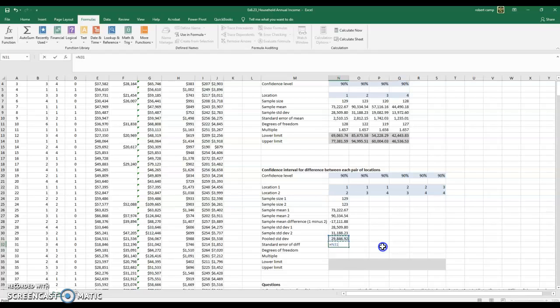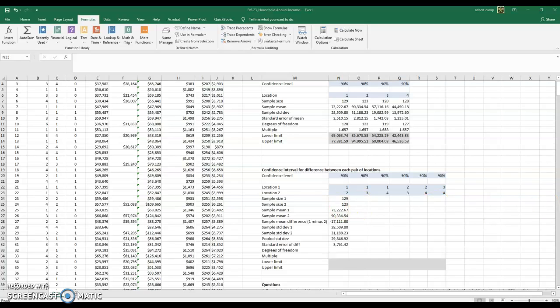So for the standard error, we're going to take the pooled standard deviation and multiply it by the square root of the sum of the inverses of my sample sizes. So 1 divided by sample size 1 plus 1 divided by sample size 2. Division happens before addition, that's why I'm not worried about any parentheses in there. Okay, standard error of the difference,